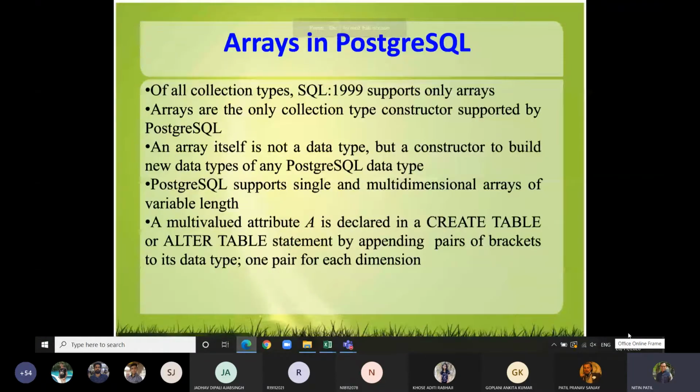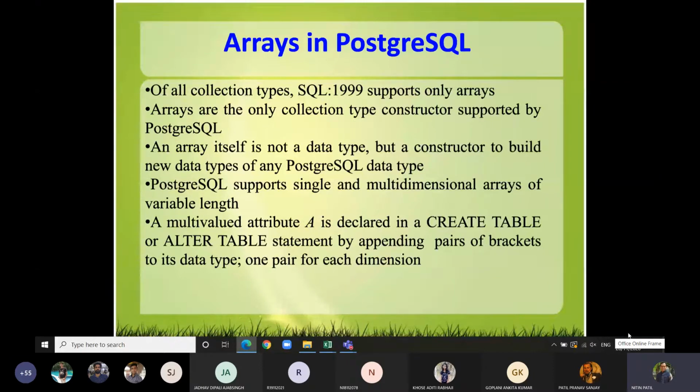So like in programming languages, you must have seen that one is permitted to declare an array. Now we never earlier used to think about arrays inside, say, SQL, but as per the standard of 1999 of SQL, it started supporting arrays.